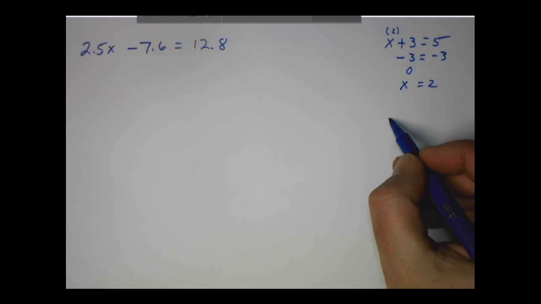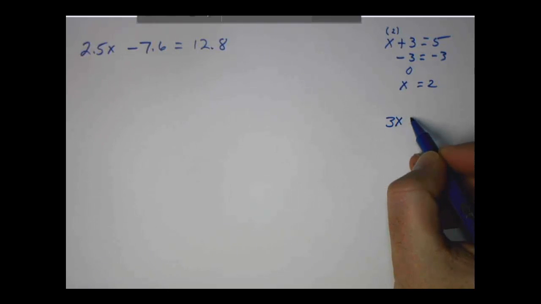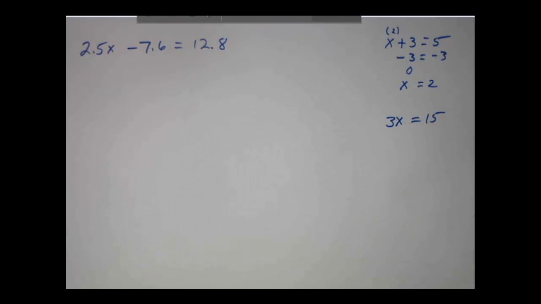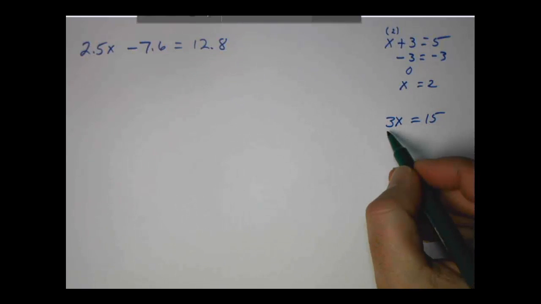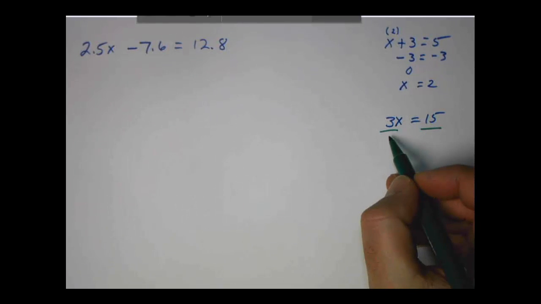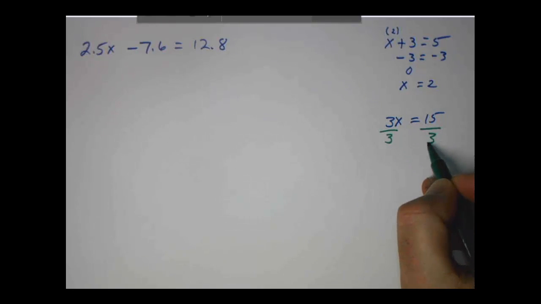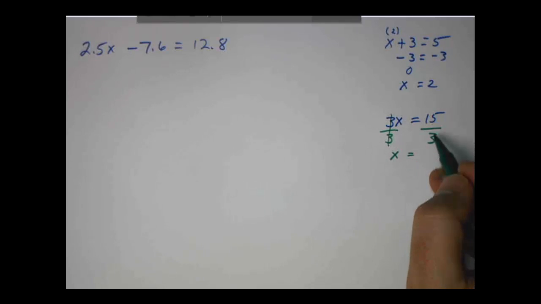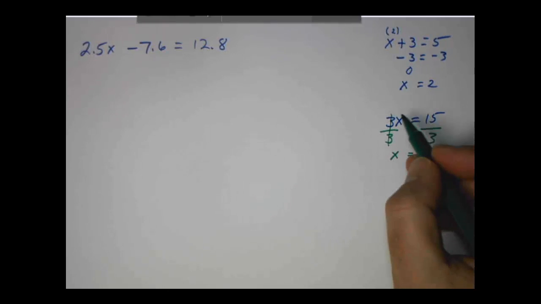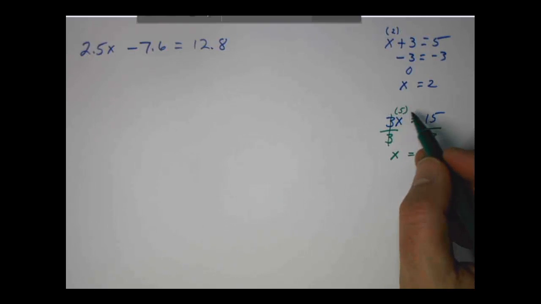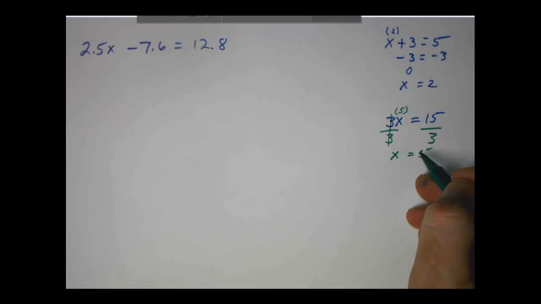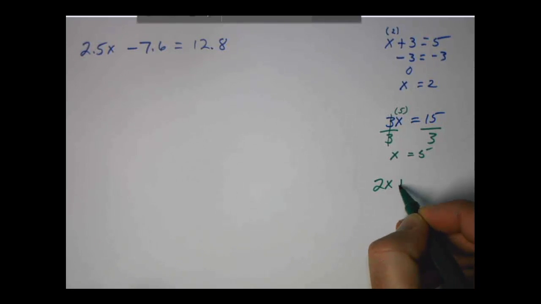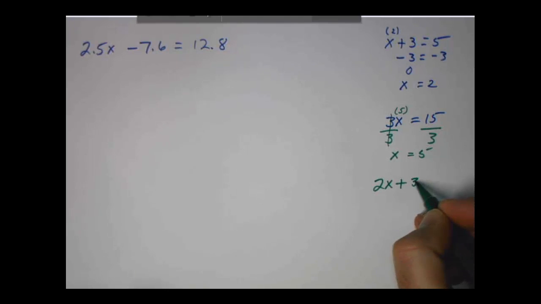Everything was good. Or we had a problem where we would have 3x is equal to 15. We would work backwards again because this is a multiplication problem. We would do the opposite property, which would be divide. We do it to both sides. How many 3's in 3? 1, or basically they would cancel out. 3's into 15 is 5. Again, we do a quick check. 3 times 5 is 15. All was good. Then we did a two-step problem where we would have 2x plus 3 equals 15,